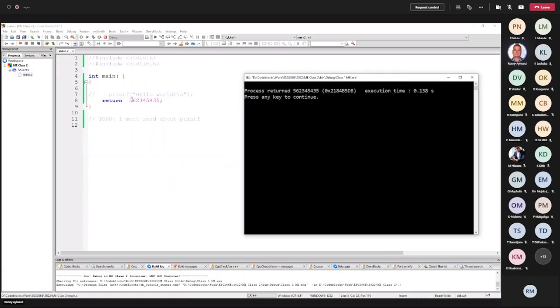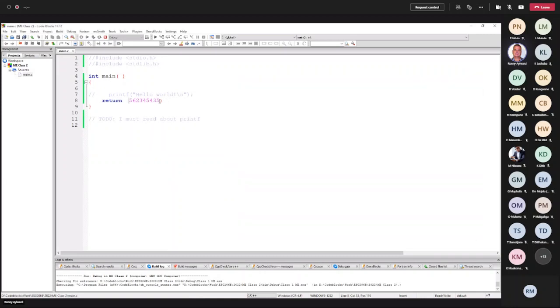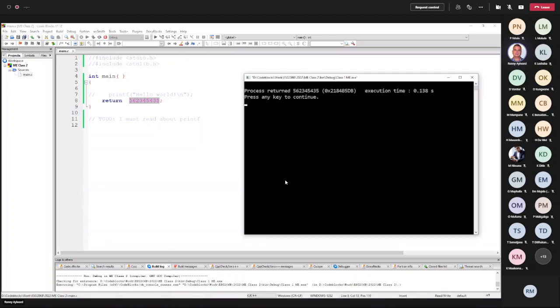So as long as the number is not too big, within the 32 bits, because it uses a 32-bit virtual machine, you can see that it returns the number that I have entered. 1, 2, 3, 4.